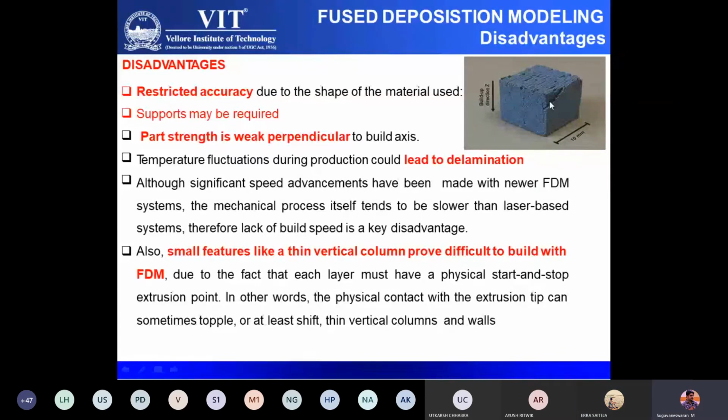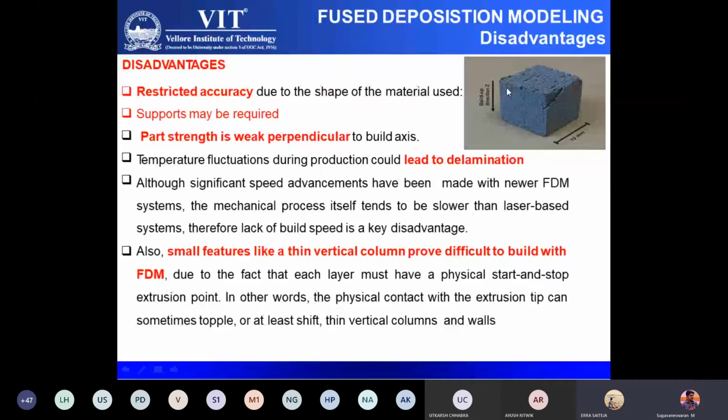For example, if you look into this picture which I have shown here, this is my x-axis and this is my y-axis. In the xy plane, if you apply a load, you will get better strength. But the z-axis is perpendicular to the xy plane. In the z-axis, you can see multiple layers, and in certain cases there is delamination between the layers also. If you are not maintaining the proper parameters, you may get delamination or warpage of the material at the time of printing. That will lead to poor mechanical properties in the z direction. Is it fine?